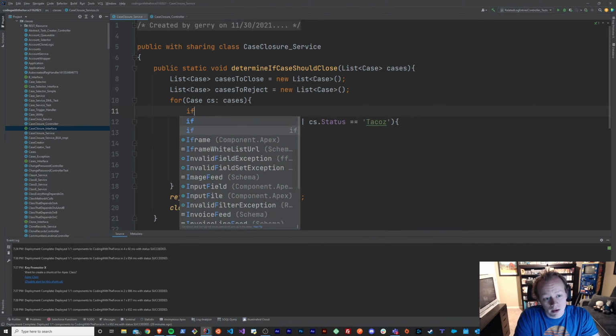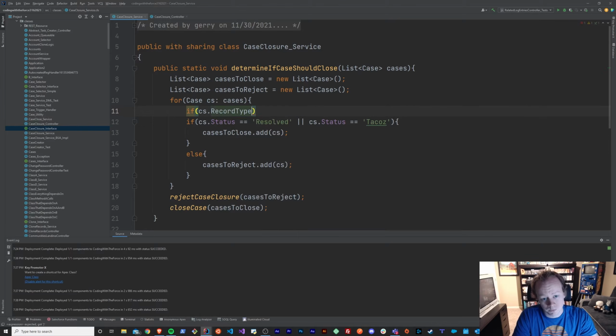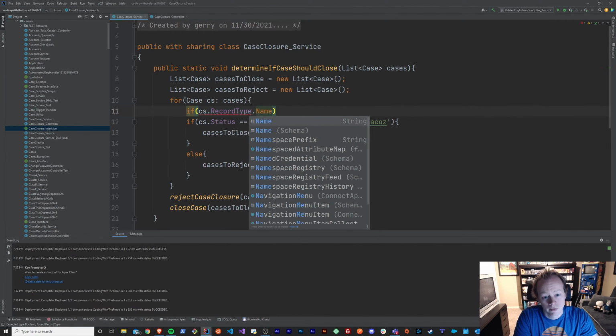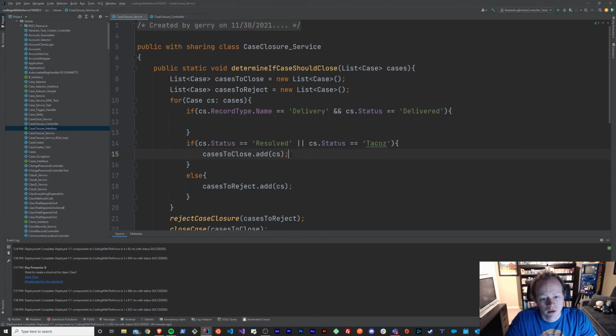I would have to now update this code and say if cs.recordtype.name equals, we'll say, delivery, and cs.status equals delivered, then cases to close.add. And then I'd have to update this statement here to say,